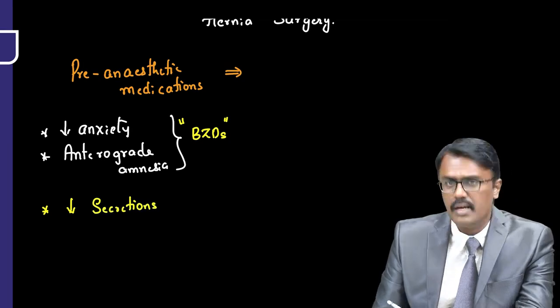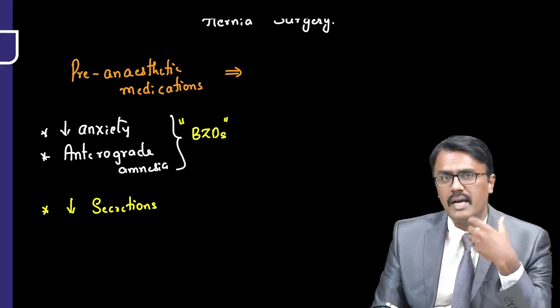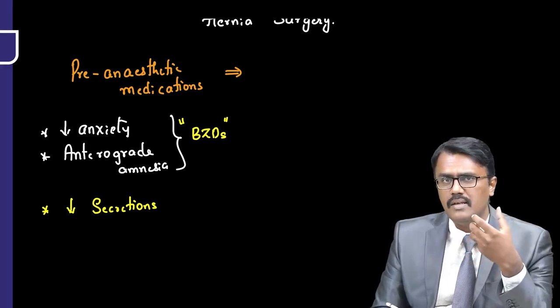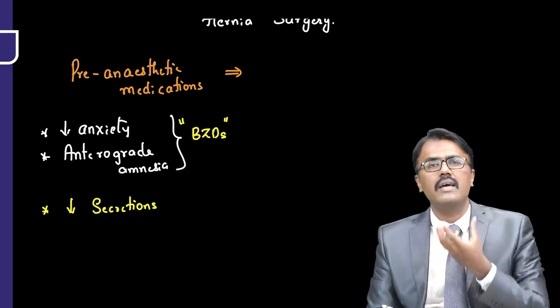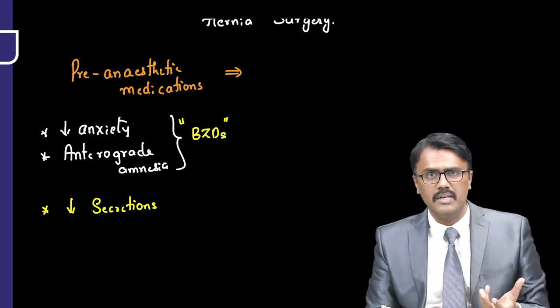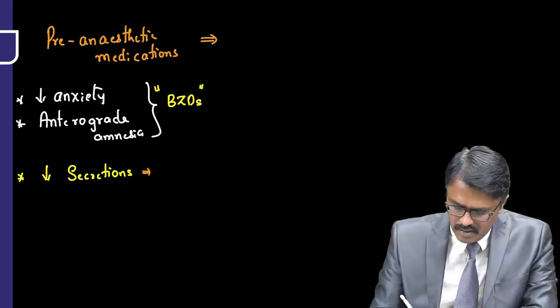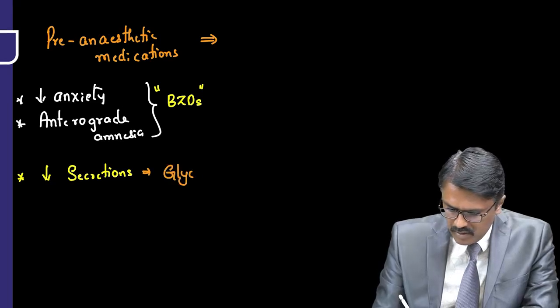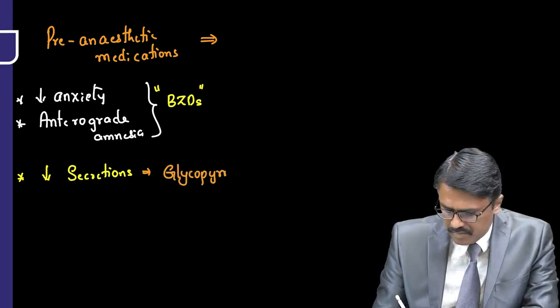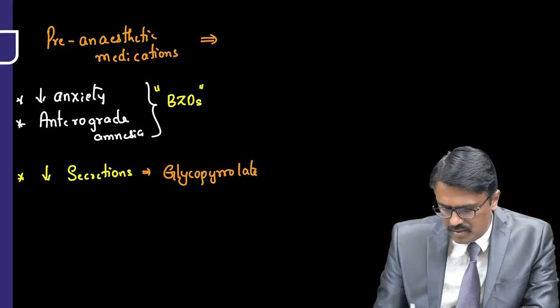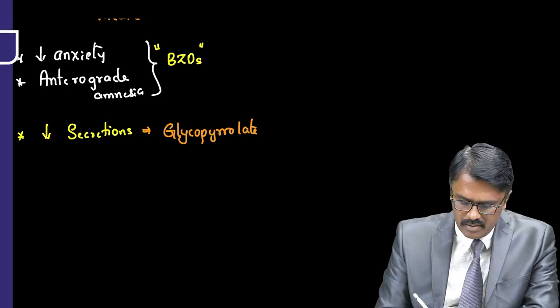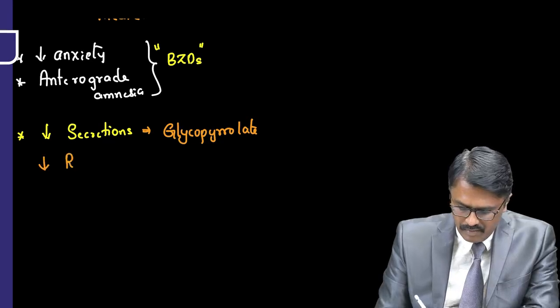Now, the secretions, like the lung secretions, the gastric secretions, and the salivary secretions, what happens? They can go to the lung and cause aspiration. So the drug which is used to decrease secretions is called glycopyrrolate. So, glycopyrrolate is used to decrease secretions. Not only that, to decrease reflex